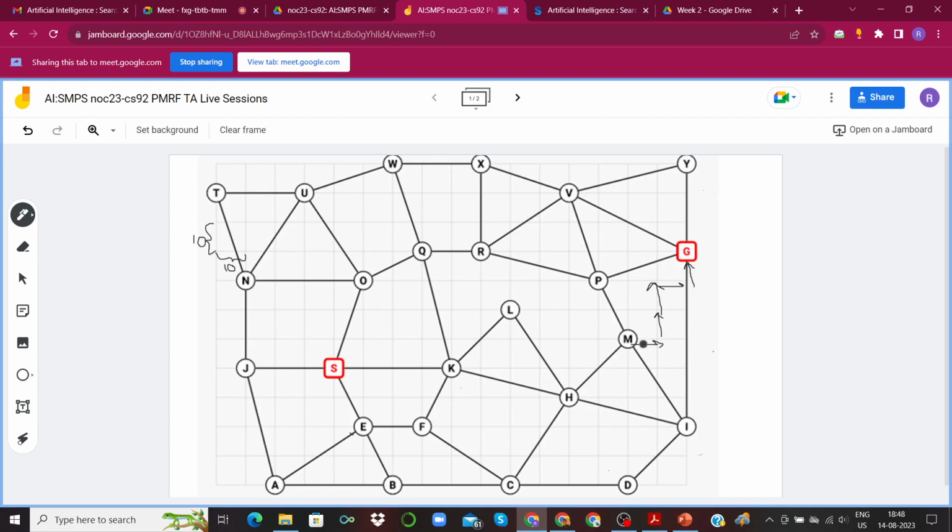So irrespective of whether you go right and then up, or up and then right, or you just go in a staircase manner like this, you are going to have the same heuristic value. Okay, so that makes it robust. So the heuristic value for M would be 50. Okay, let's find the heuristic value for all the nodes in a similar fashion.